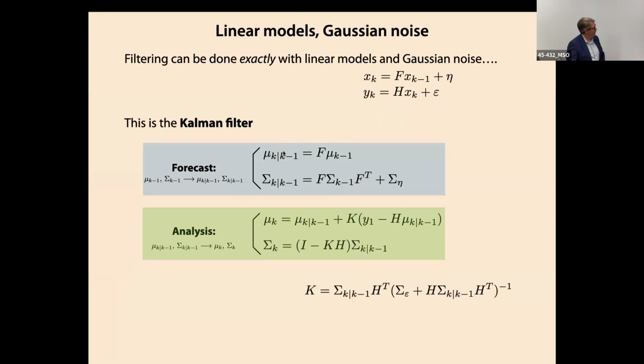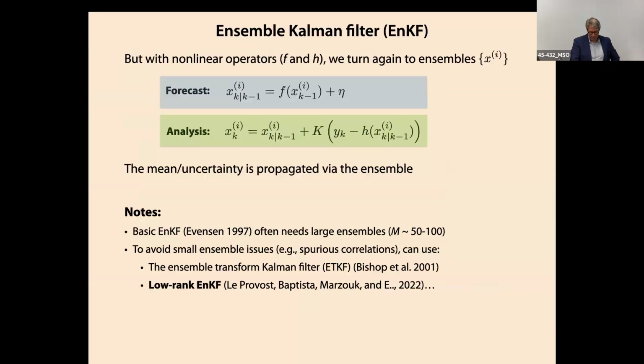All right, so the forecast model is there, the analysis model is there. So I'm able to march forward my prediction of the state and my prediction of the uncertainty analytically, right? And so a Kalman filter is a beautiful piece of machinery that is exactly what we want, except that it requires it to be linear with Gaussian noise. Okay, so it's a little restrictive. Most things we do are some variation on a Kalman filter, right?